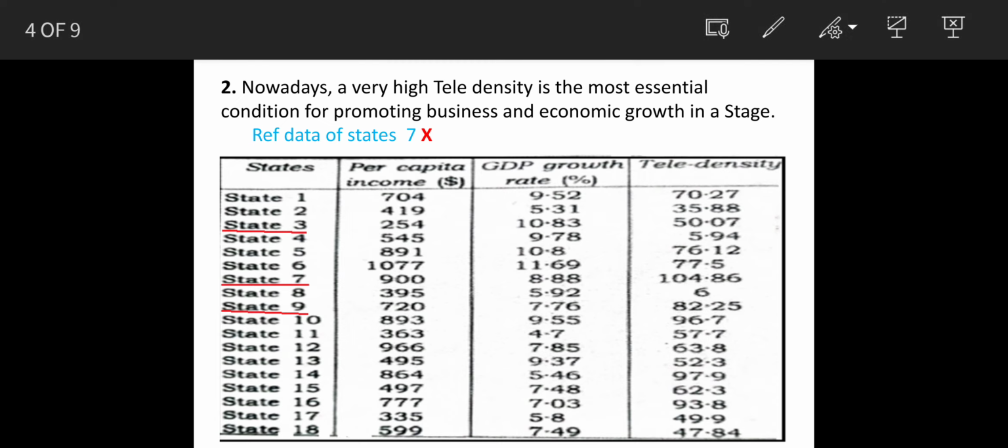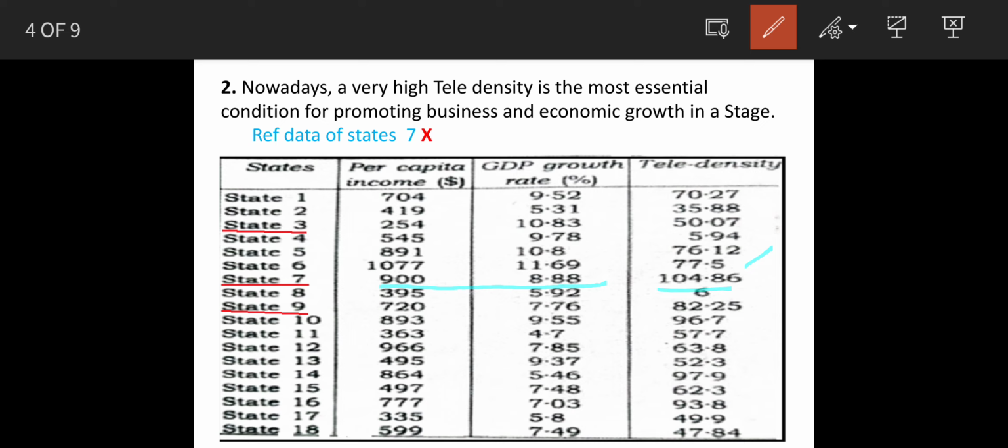We'll see the second statement now. The second one is: a very high telephone density is the most essential condition for promoting business and economic growth of a state. So again, we'll see the data of state 7. So here the telephone connections are highest, but the GDP and per capita income is not very high. And similarly, you can see the other states, for example,